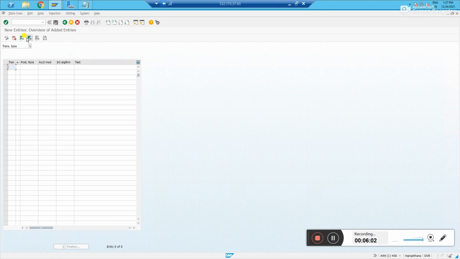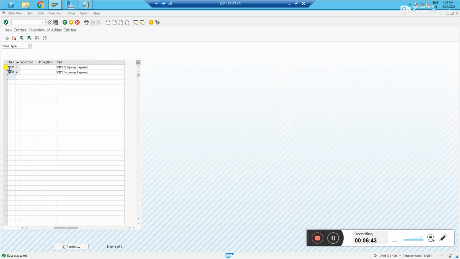Let me put some bank account, ICICI bank, outgoing. Then KP02, with a plus sign, a positive sign, incoming, when we are receiving a payment from the customer. Let me save it.